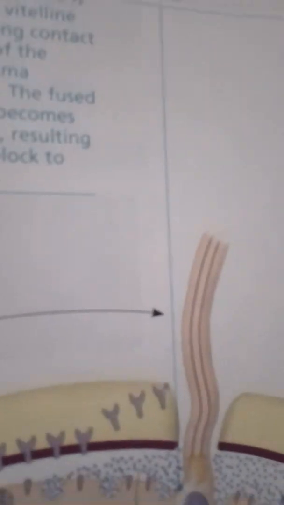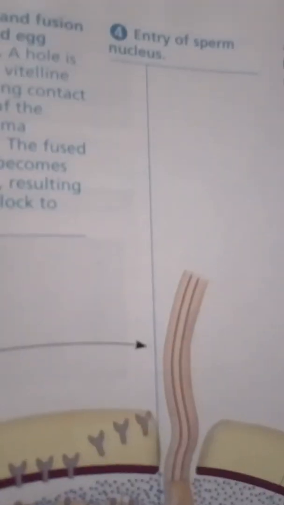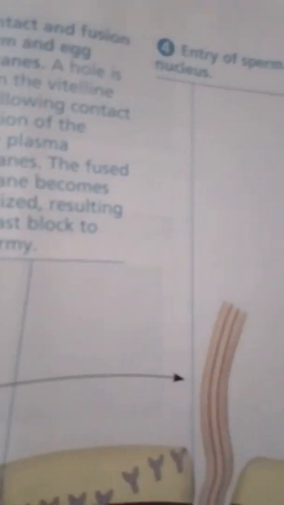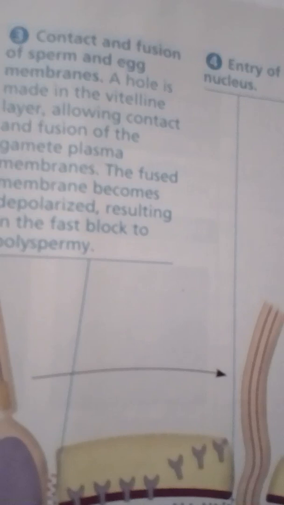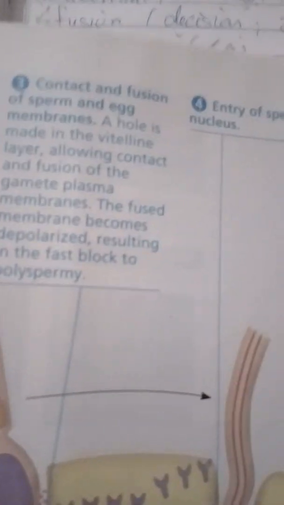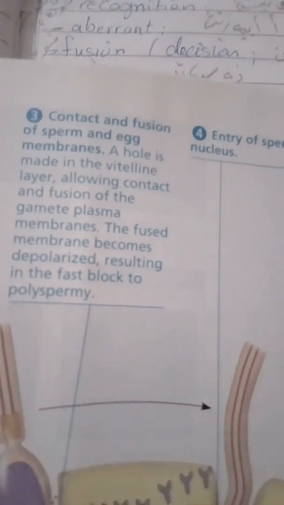The critical reaction, the membrane depolarization, lasts for only a minute or so, thus functioning only as a short-term block to polyspermy. However, fusion of egg and sperm plasma membranes also triggers a series of changes in the egg that cause a longer-lasting block. Sperm binding appears to activate a signal transduction pathway involving two second messengers, IP3 and DAG,